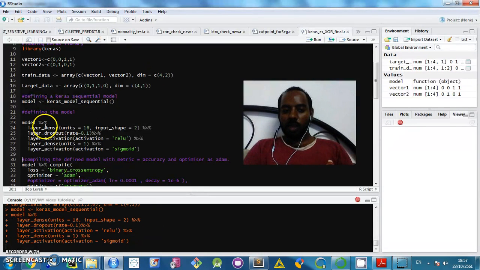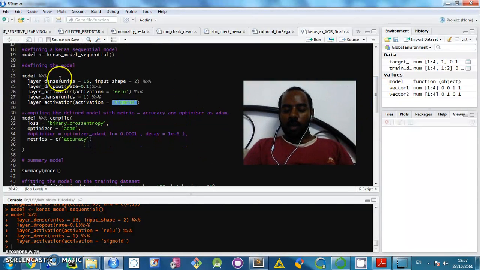You see for the input layer 16 neurons as we saw in Python, and for the output layer 1 since it's a binary classification,